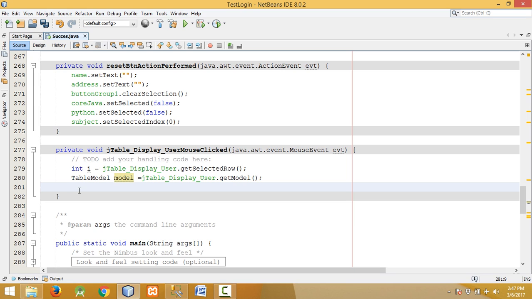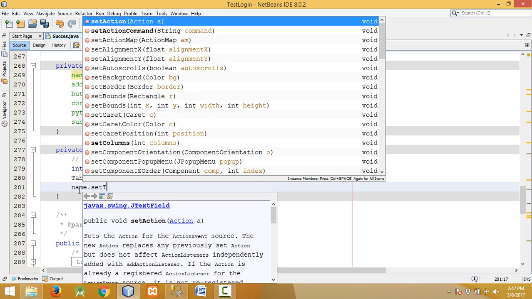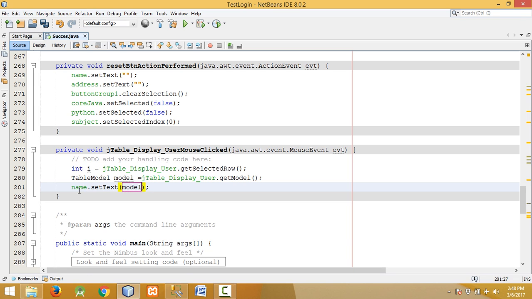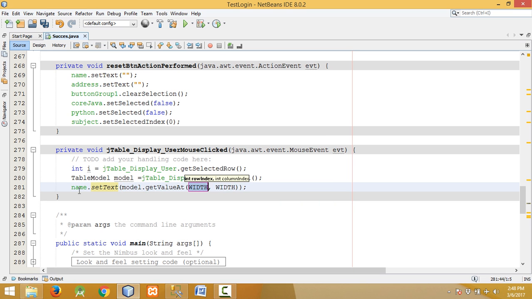For placing the table data into the text field, variable name dot setText, model dot getValueAt index i, and symbol for 0 is for symbol number, 1 is for name, dot toString.